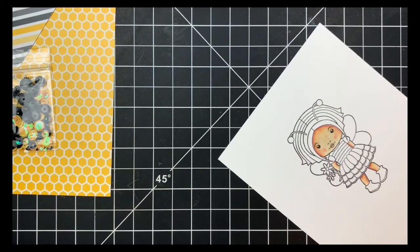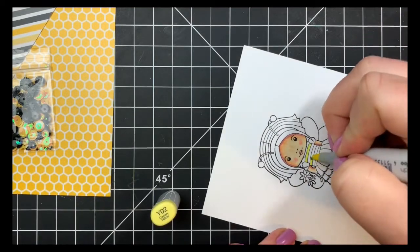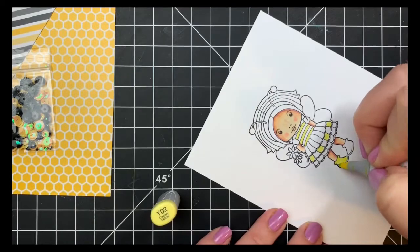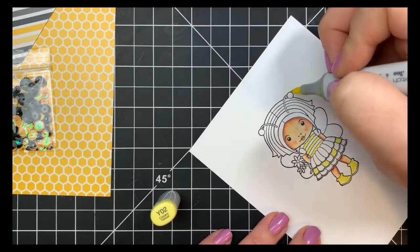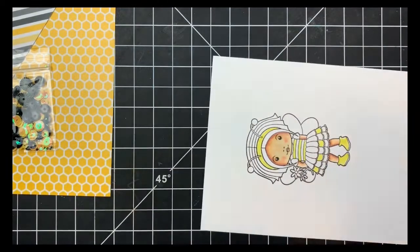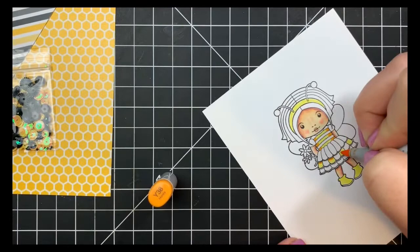Next, I will move on to the yellows, just because this is an easy color to hide if I make a mistake. So I'm just filling in my areas with my lightest yellow here, just to kind of map these out. Next, I'll go in with my darkest color and just add a little bit of shading on either side